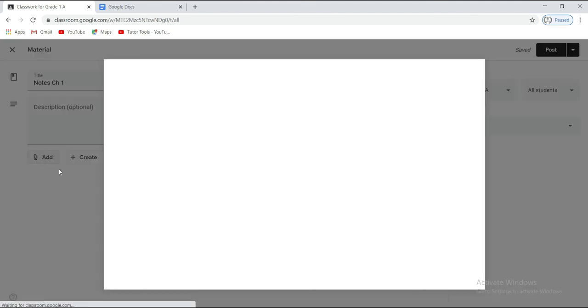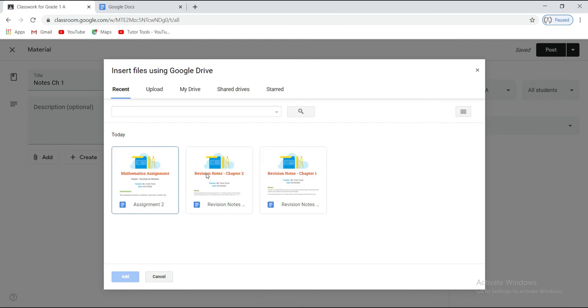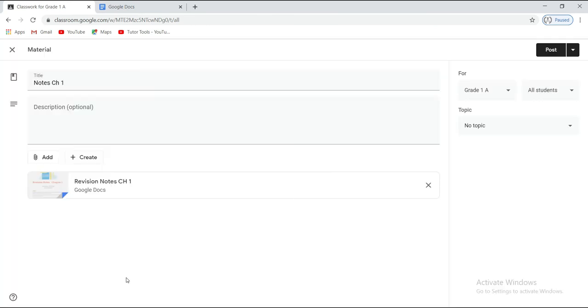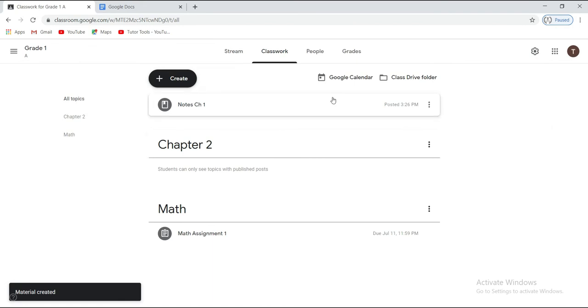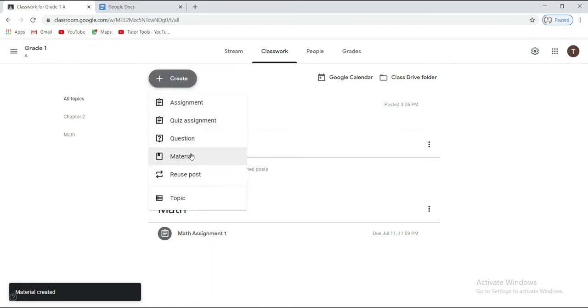Add. To both the classes and say post. The same way,